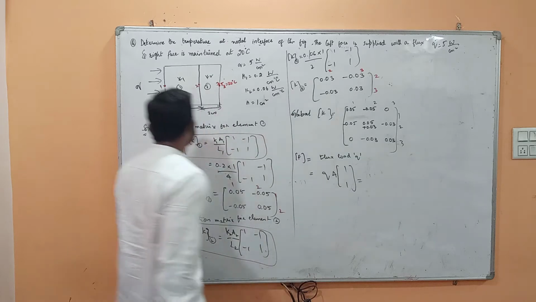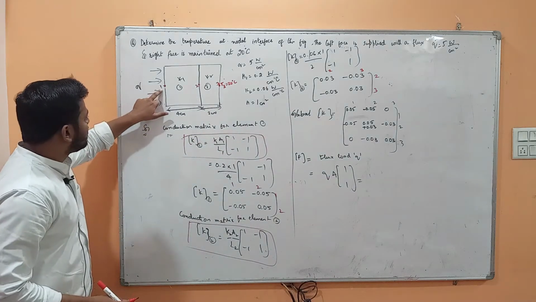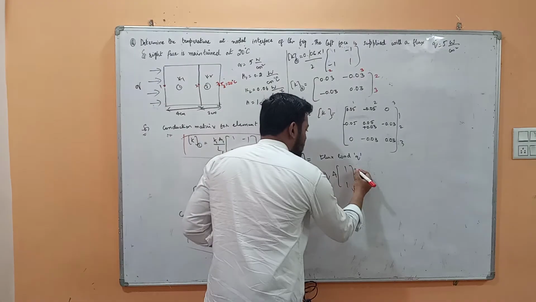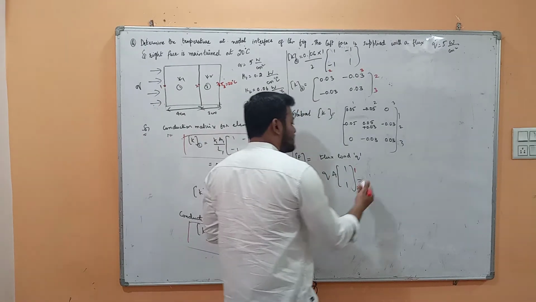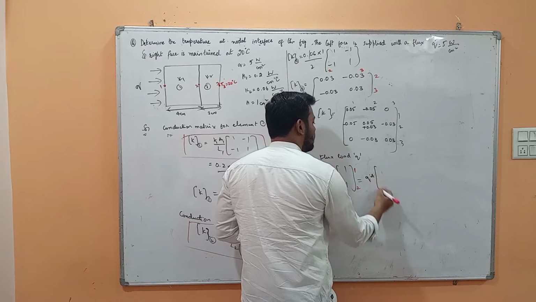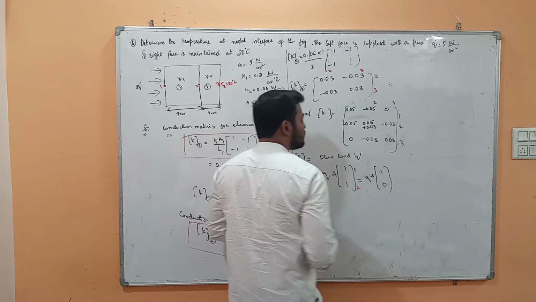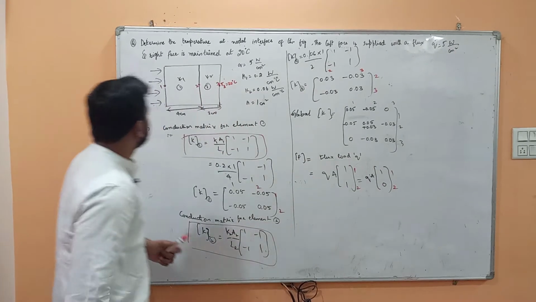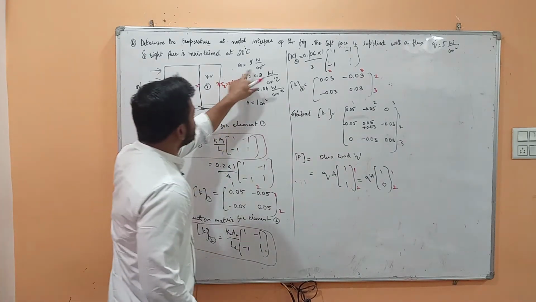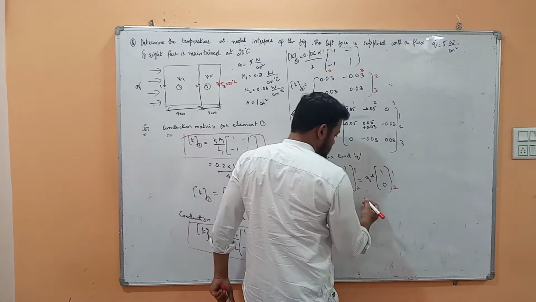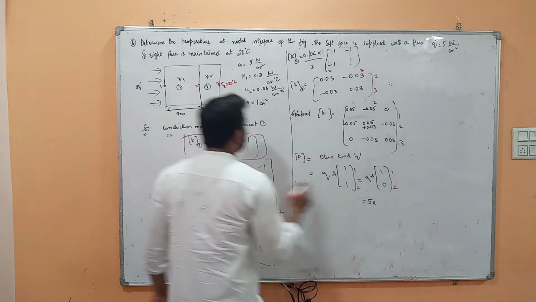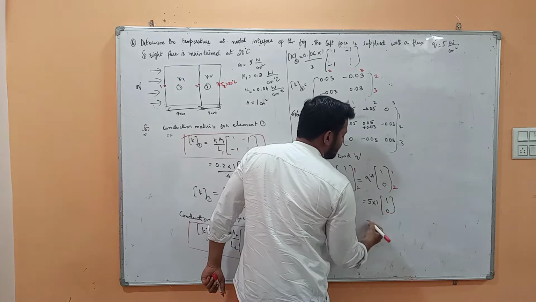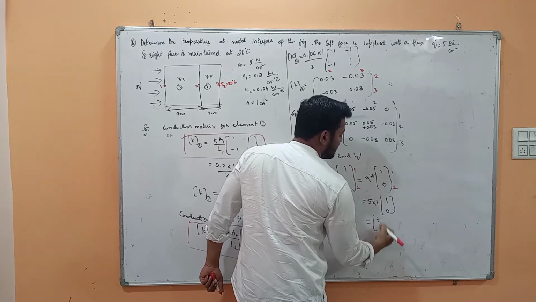But if we see, this flux load is acting only on node 1. There is no flux load on node 2. So this is 1, 2. So the flux load is only on node 1. There is no flux load on node 2. That is why node 2 has to be given 0. Okay. So this Q value is given in the question, that is 5. So Q is equal to 5 into area. Area is 1, 0. So the flux load is 5, 0.